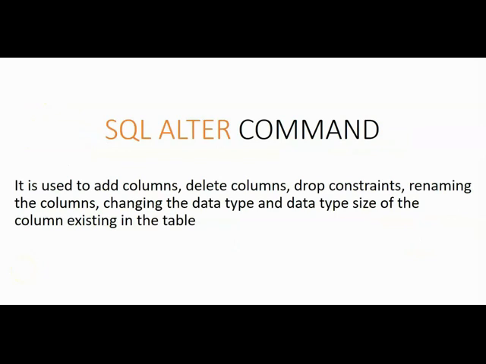So why do we use the alter command? We use alter command to add or drop constraints, rename column names, and change the data type and data type size of a column, which we will see with the help of modify. So if you observe, it gives flexibility to the user for making modifications to the existing database. How? If you have a table and you missed a primary key, or a new column, or you want to change the data type size, for that single reason you cannot create a new table. So there should be a facility to modify the existing table itself. That can be done with the help of alter.